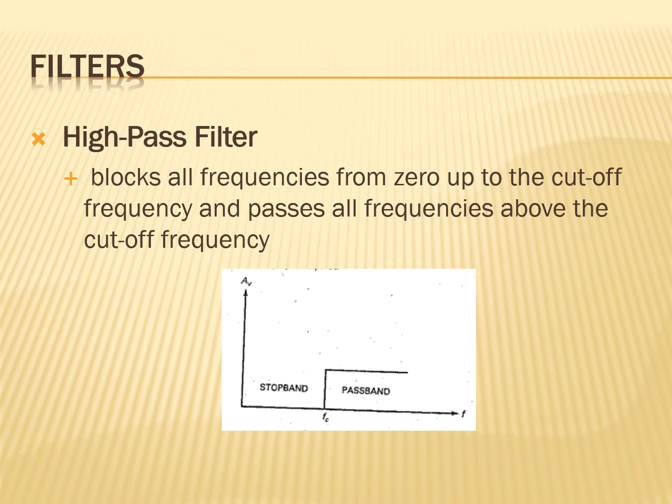Now for the high-pass filter, the pass band is above the cutoff frequency. From the cutoff frequency and so forth, we have our pass band, wherein we have 0 attenuation. Likewise, we also have a transition here, a vertical transition from the stop band going to the pass band. This is the frequency response for a high-pass filter.